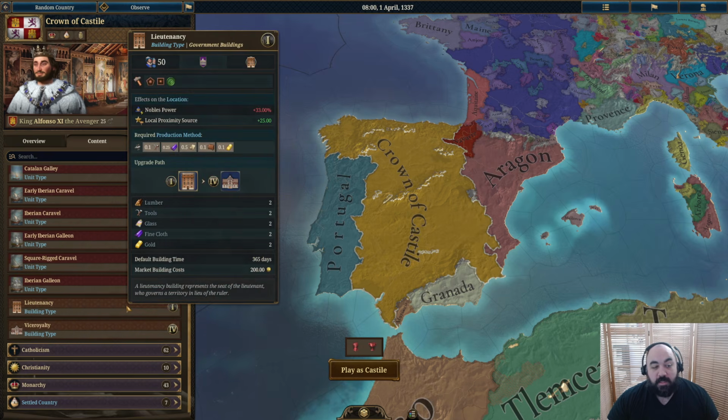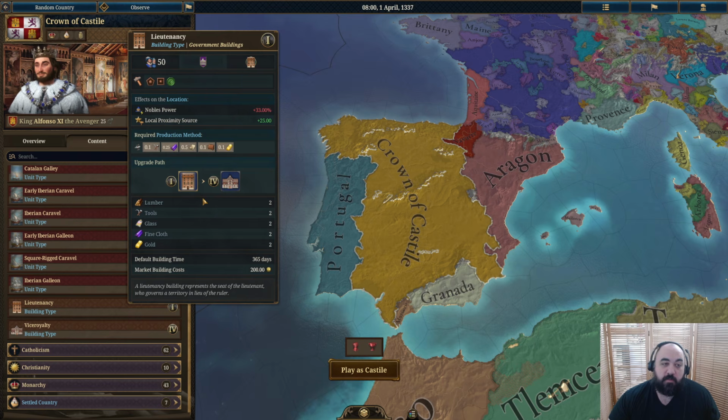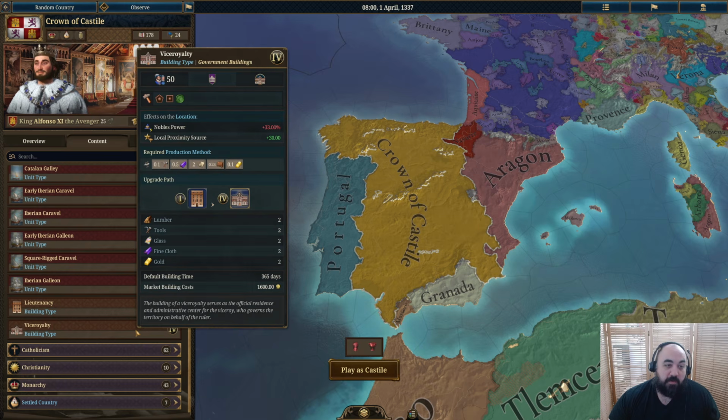And then the lieutenancy and the viceroyalty are just these insane buildings. So bailiffs you have to be building in your own kind of area. I forget if it's your region or your continent. I think it's your region, your home region. And this is an overseas bailiff, which is available only in urban areas, which is probably better than being available in rural areas. And it gives 25 proximity, and the viceroyalty gives 30 proximity, and this is just a very